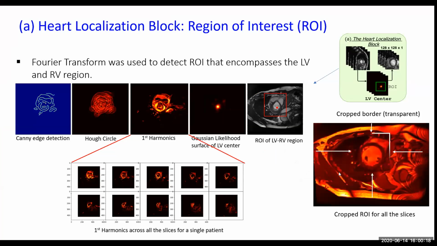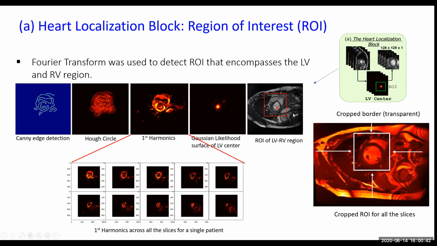Fourier transform was used to determine the fundamental H1 component. A 2D inverse FFT was then used to transform back into the original spatial domain. After that, we applied Canny edge detection to find the center of the LV using circular Hough transform. The maximum across the LV likelihood was then selected as the center of the ROI, and the square patch of